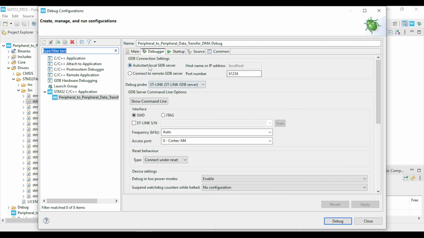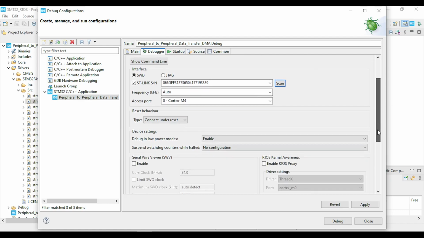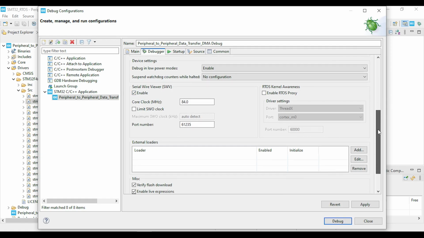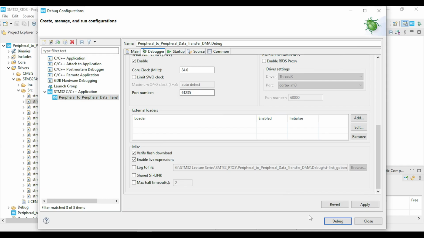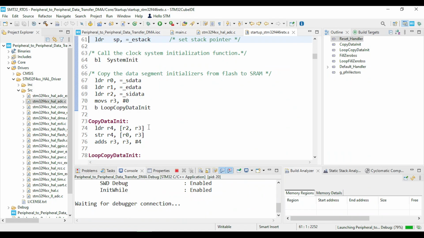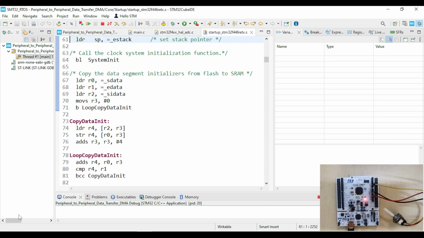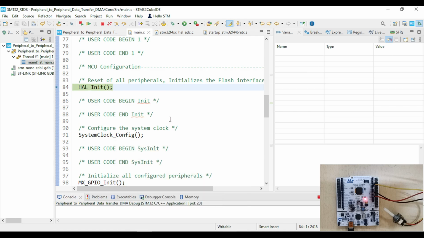Here check whether we are using GDB server, ST-Link, scan the board, get the ID of the board, come down, enable the serial wire viewer if needed. We can even plot the functions, okay, and apply and debug. Now let me just open the camera so that you can see the board and the potentiometer. Now the program is halted here, and we have to check whether the message is coming on the console or